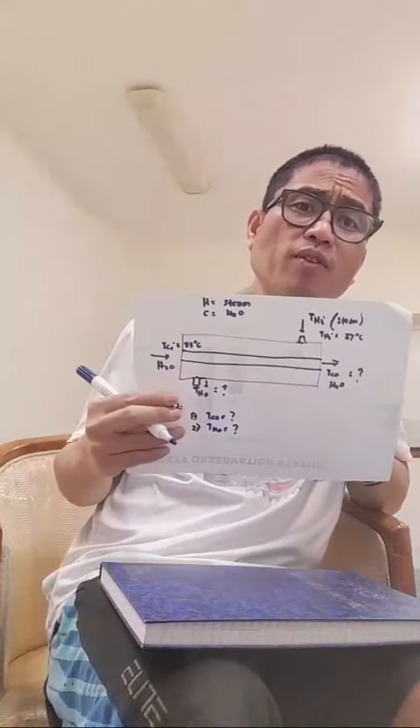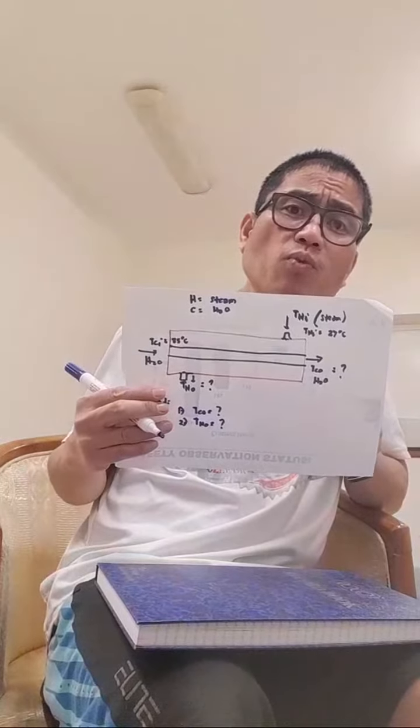Now we can solve this individually because the H represents steam and the C represents water. You cannot mix up the two. So individually you will solve this. Okay? So the main formula that we can use here is the second law of thermodynamics, which